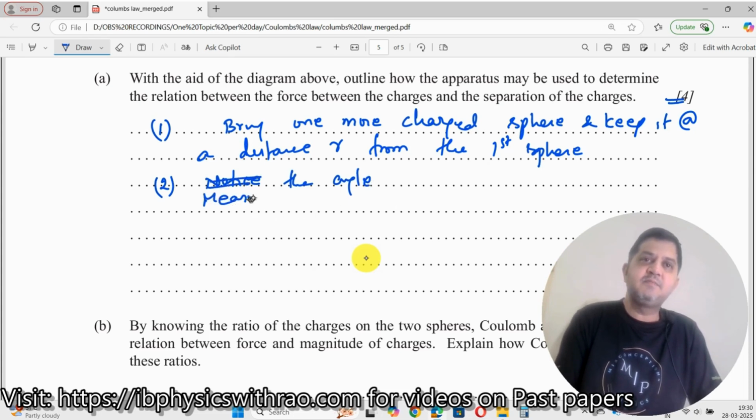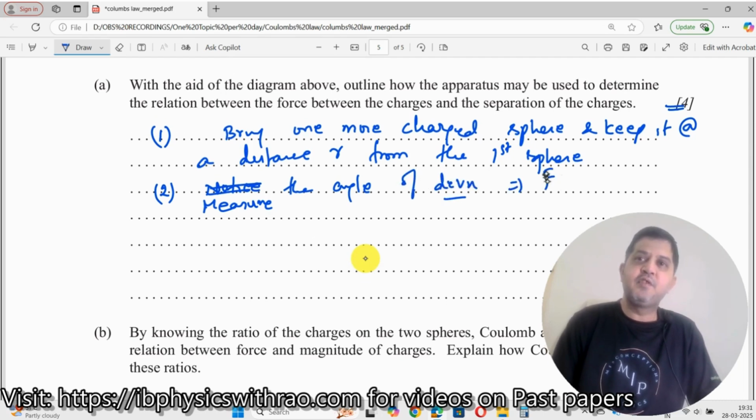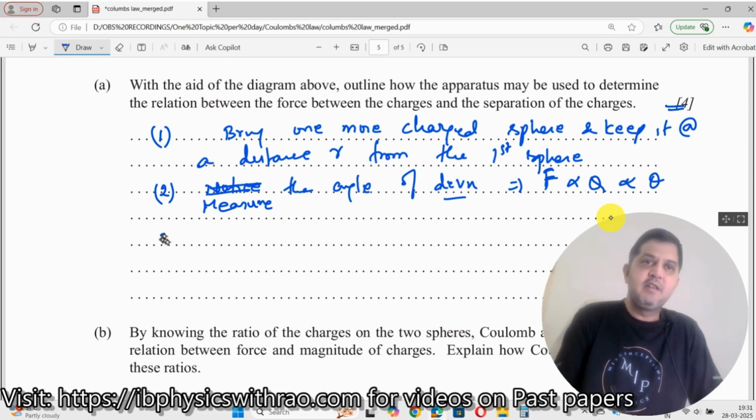Measure the angle. Measure the angle of deviation. This implies force is proportional to charge, which is proportional to theta. So this is one thing which we measure. Next, what we do? Move the